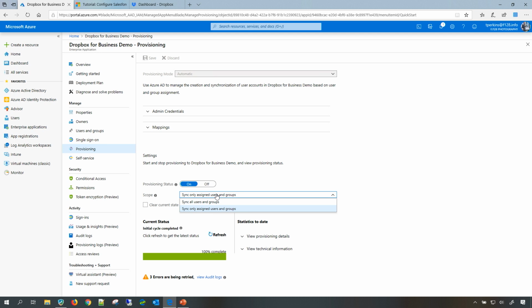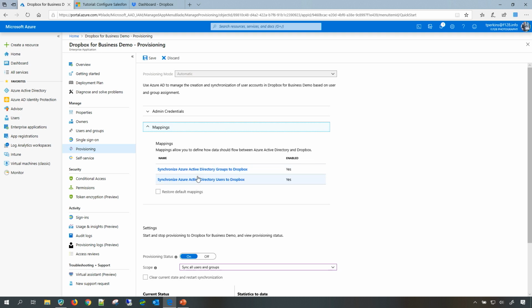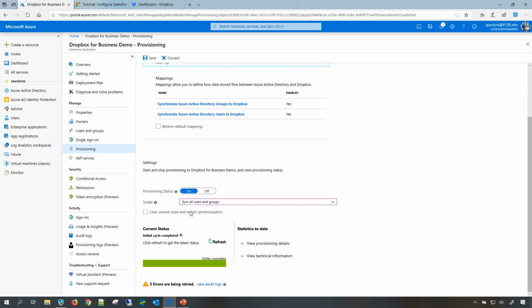That means in your target system we are going to sync only the users and group objects which you have assigned to your application. If you are using an application like Zscaler or a ticketing system like ServiceNow, then you might need an option to sync all users and groups. With this option, Azure Active Directory is going to look into all users and group objects in your tenant and sync all of them into the target system. Note that after this filter, we will apply another scoping filter which you have mentioned on the user object or the group object, and after evaluating that, we will provision those user objects into the target system.